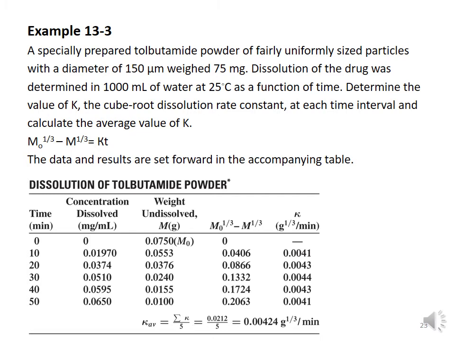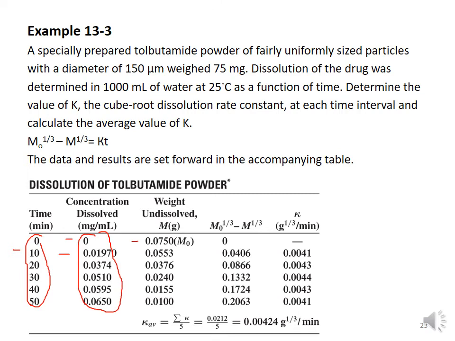obtained experimentally, the time and the concentration dissolved at each time. For example, at time equals 0, the concentration dissolved is 0, and the weight undissolved should be the original weight, which is 0.075 grams. At time equals 10 minutes, the concentration dissolved equals 0.0197 milligrams per ml. And since we have 1000 ml, then the weight dissolved equals